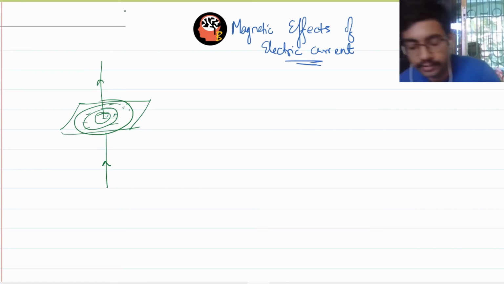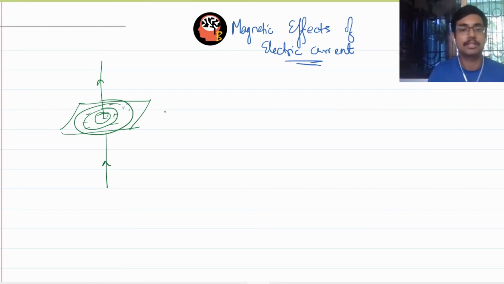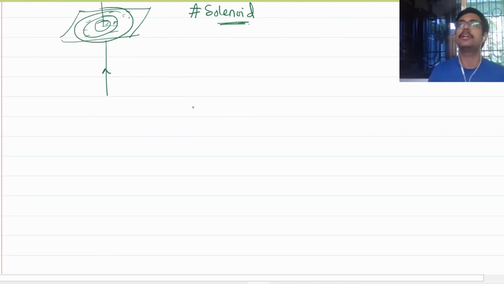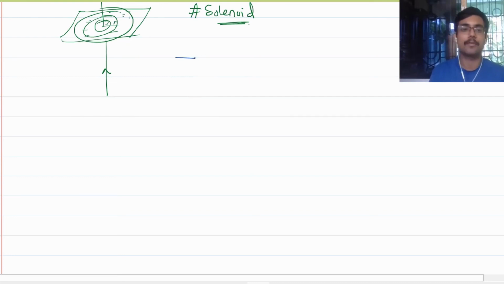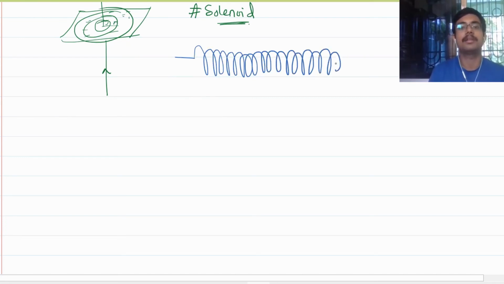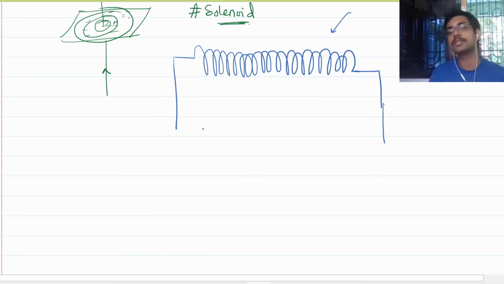Today we shall start with a specific topic that is called the solenoid. What is it called? Solenoid. Did anybody of you hear about solenoids? I guess you should have heard about solenoids in your previous classes. So what is a solenoid? Especially, you take a wire, suppose a copper wire, and you just wind it into many such rings. This is called a solenoid. The structure that you get is called a solenoid.